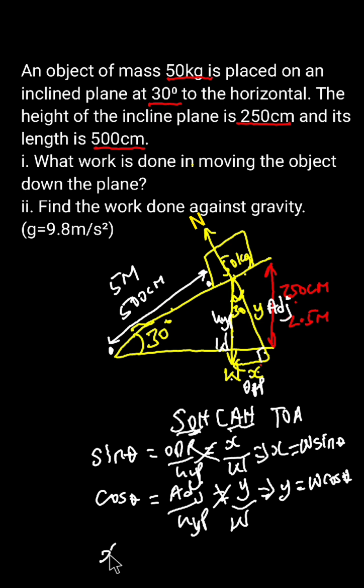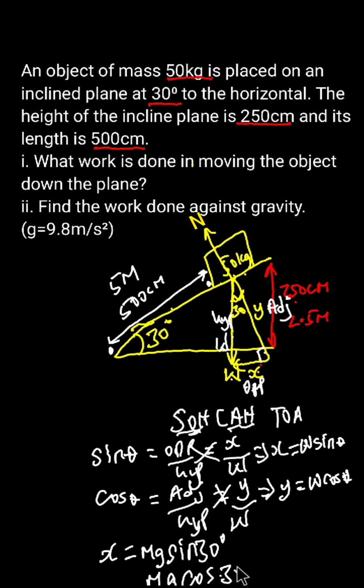So our x is equal to, now what is this w? This w is the weight of this object, and it is given by mass times acceleration due to gravity. So this x is equal to mg sine theta, and in this question theta is 30 degrees, so sine 30 degrees. And then y is equal to w, the weight of the object, which is given by mass times acceleration due to gravity, then times cosine